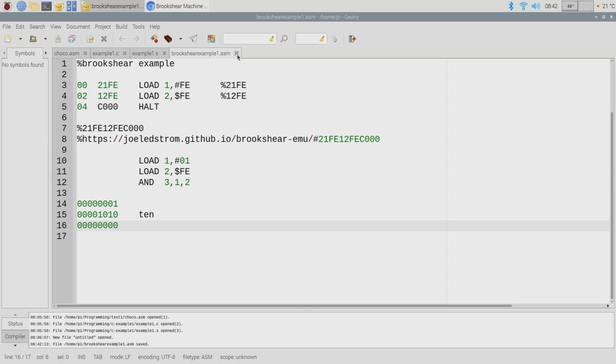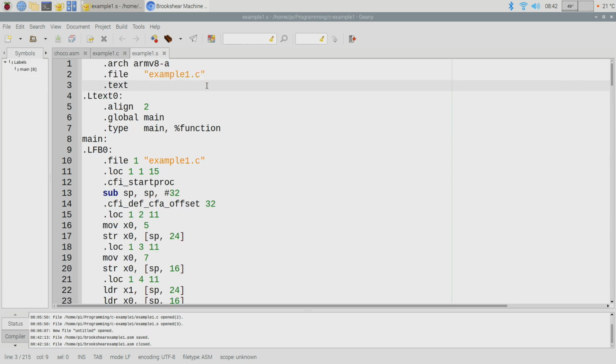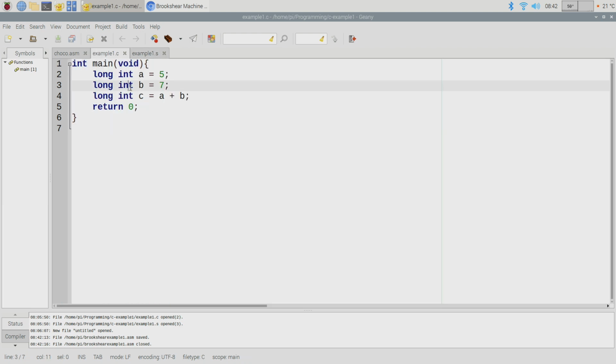There, so that we don't lose it. Okay, so let's just take, for sake of example, the assembly file that we produced from this. We had a silly program that just added two integers: loaded in two integers, added them, and then returned that value. Nothing particularly special about that program.